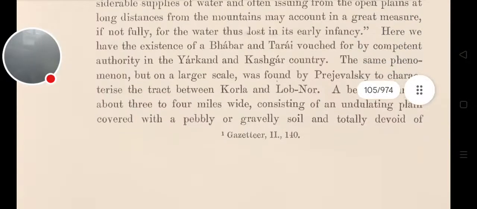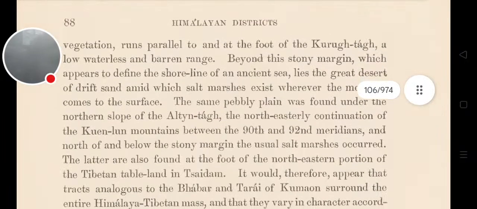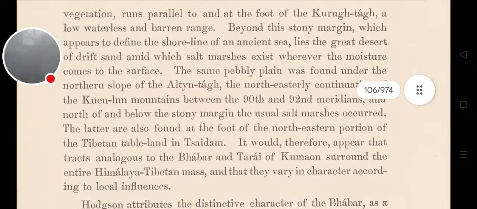Here we have the existence of a Babar and Tarai vouched for by competent authority in the Yarkand and Kashgar country. The same phenomenon, but on a larger scale, was found by Przewalski to characterize the tract between Korla and Lobnar. A belt of country about 3 to 4 miles wide, consisting of an undulating plain covered with a pebbly or gravelly soil and totally devoid of vegetation, runs parallel to and at the foot of the Kuruk, a low,